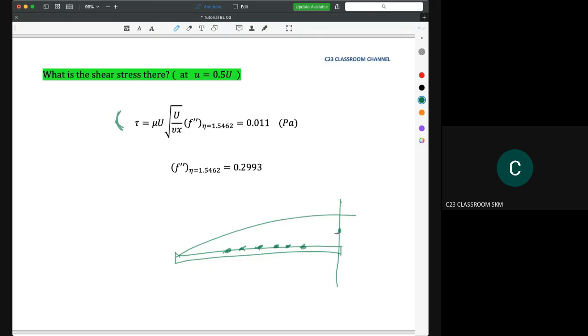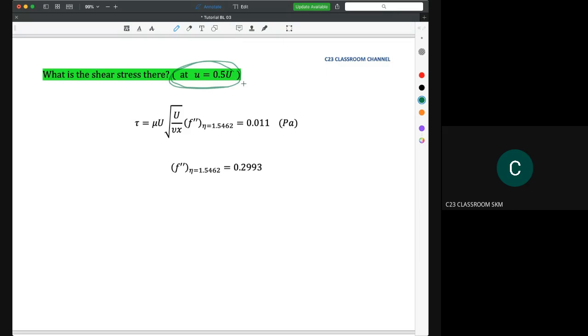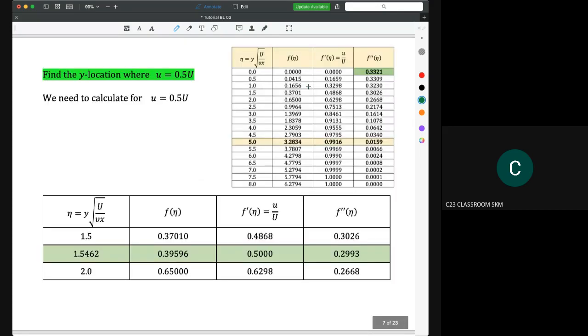But if you calculate at U equal to 0.5, it means you need to calculate at this condition. In the previous notes, at the surface condition, eta is equal to 0, and in those notes I used eta equal to 0. However, in this question we need to calculate the shear stress at this situation, where U over capital U is equal to 0.5. So if we look into our table, if U over U is 0.5, the value of eta is